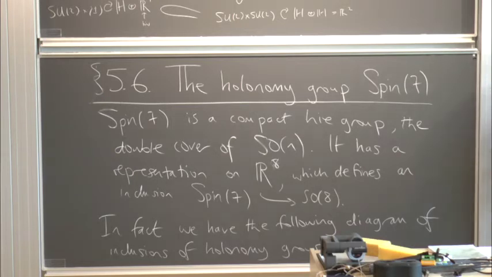So let's define a 4-form, which we'll call big Omega_0, on R^8 by